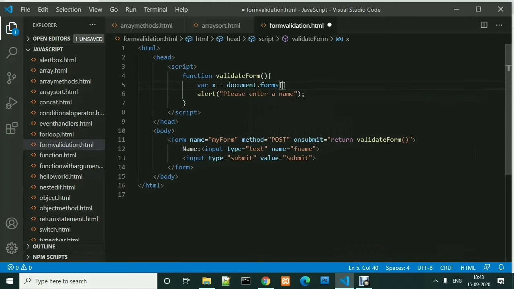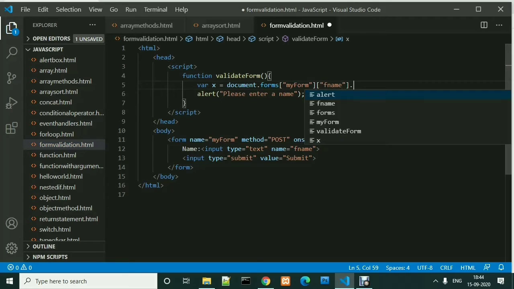By using document.forms we can get the value by using the form name. Our form name is myForm, and it has a field named fname, so we also write dot value. Now document.forms myForm fname dot value will get the value that the user has entered in the input box and provide it to the x variable.